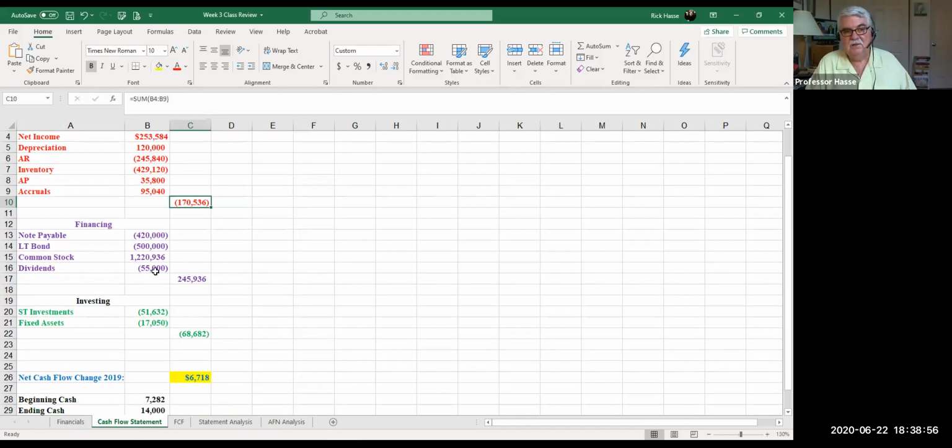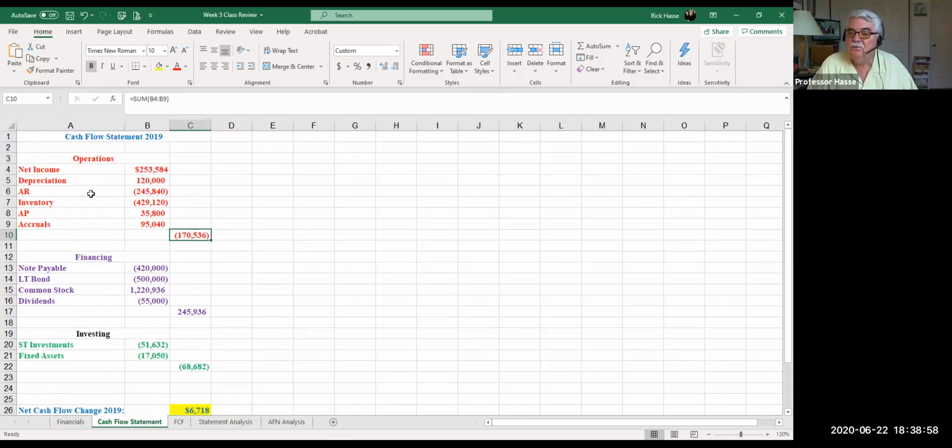Why? Look at right here, cash flow from operations. The definition of cash flow from operations on the cash flow statement is your income statement, your profits or losses, adding back in depreciation as a non-cash expense, and then the working capital deltas